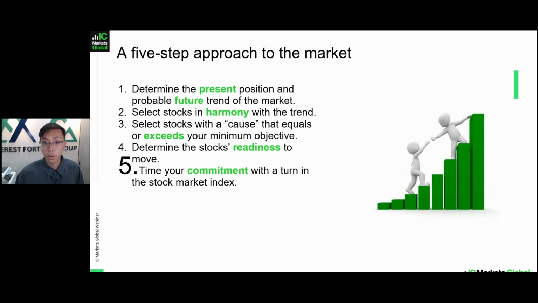All right, so you should also select stocks in harmony with the trend. If the trend is right now a very bullish trend, pick stocks that are rising in price, instead of those that are falling behind. You select stocks with a cost that equals or exceeds your minimum objective, and also determine the stock's readiness to move. Wyckoff focuses a lot on market cycle, and